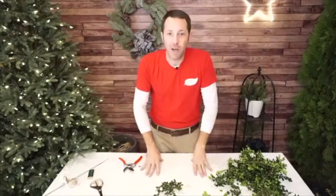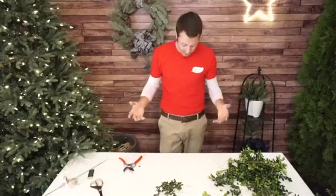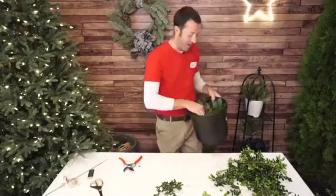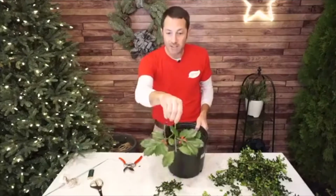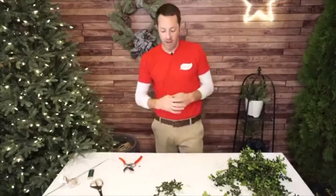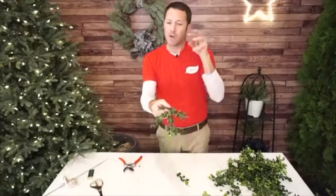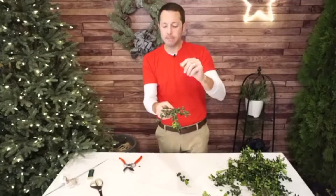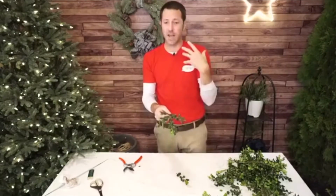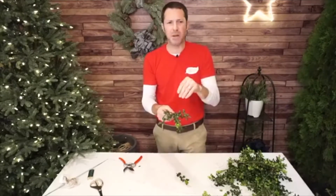So why is that important? Because holly is not going to last very long. Once you cut it, it doesn't typically last long. That's the soft leaf holly. Now a prickly holly, a berry holly, what you're typically used to when I say holly, is going to last a long time when you cut it. But a soft leaf, boxwood-looking holly is not going to last very long. Boxwood is going to last much longer and give you that really pretty color. I love it. Usually a soft leaf holly is going to be a little bit of a darker green as well, whereas an American boxwood or, I don't think this was baby gem, it was winter gem boxwood,